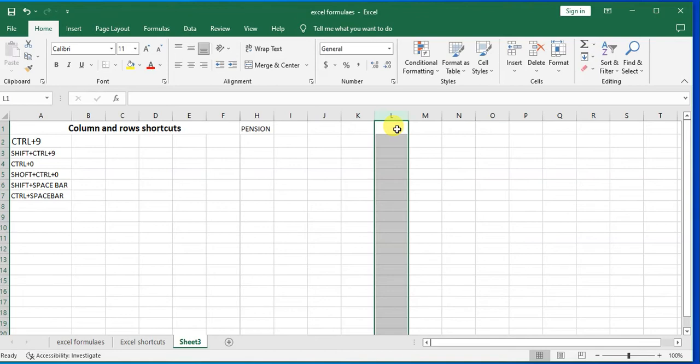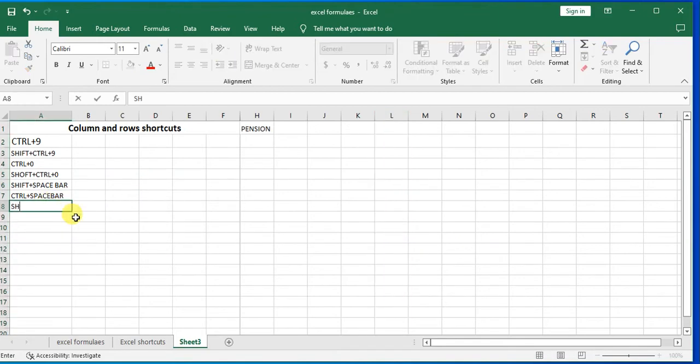insert a blank cell? You want to insert a blank cell somewhere. Now to insert a blank cell, we are going to use Shift, together with Control, then again together with the plus sign. Assuming that I want to insert a blank cell somewhere here, it will be Shift, Control, and I go for the plus sign. That one is supposed to insert a blank cell somewhere on your worksheet. So Shift, Control, and a plus sign inserts a blank